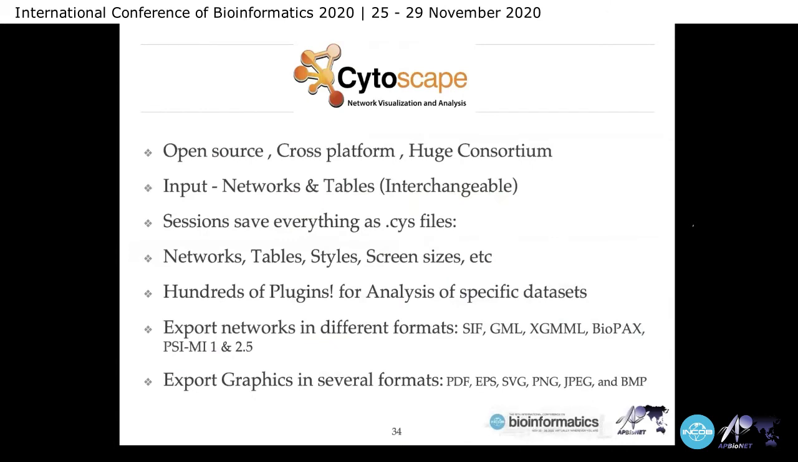We are going to begin with the open source cross-platform huge consortium called Cytoscape. The best thing about Cytoscape is that it takes inputs which could be either a network itself, or you could give it a table. And sessions will save everything as CSS files, networks, tables, styles, screen sizes, even hundreds of plugins for analysis of specific kinds of data sets. And you could export your network in different formats like CIF, GML, XGML, biopacks, whatever else you want. And you could export the graphics in very high publication quality figures, as we will show you today in the